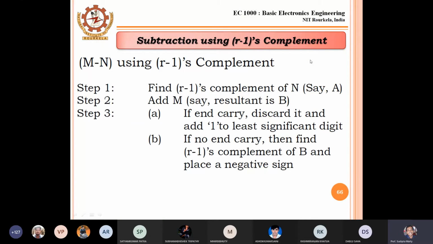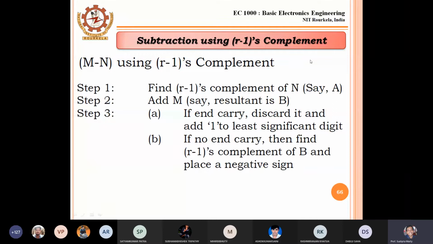We don't bother. These procedures are used in real world applications. Suppose I perform 10 minus 12, I know the answer should be minus 2. So in real world applications, we have to account for this minus sign. Otherwise, in normal binary subtraction, 0 minus 1 is 1, positive 1, not negative 1, but with borrow 1. You have to remember those steps. Do not get confused in normal binary subtraction; these are the rules. The minus sign is accounted for in real world applications, which are solved here using r's complement and r-1's complement.